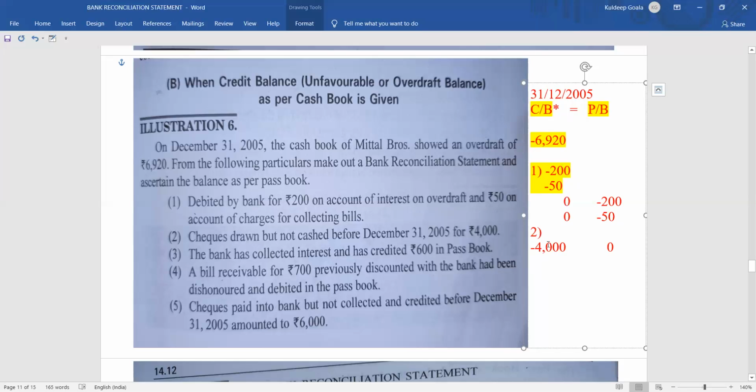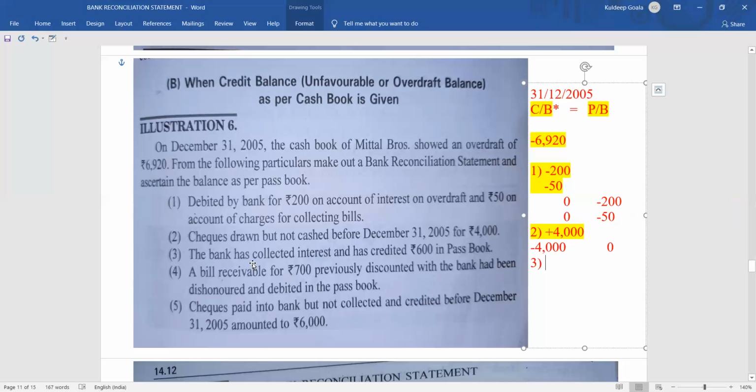So what will you do in the cash book to make both the sides same? It is minus 4,000 and the other side is 0. So to make both the sides same, we have to put plus 4,000. So then it will be both the sides same, isn't it? If you put plus 4,000 and minus 4,000 already is there, so it is becoming 0. Clear? I hope all of you understood this point. Okay, clear. Okay, now we'll go to the next one.